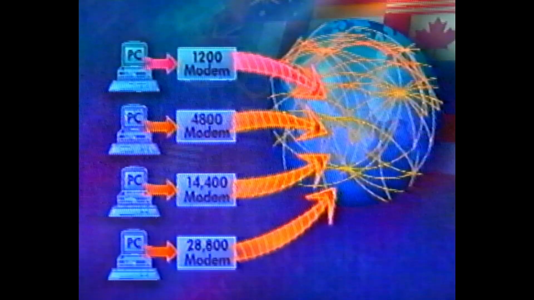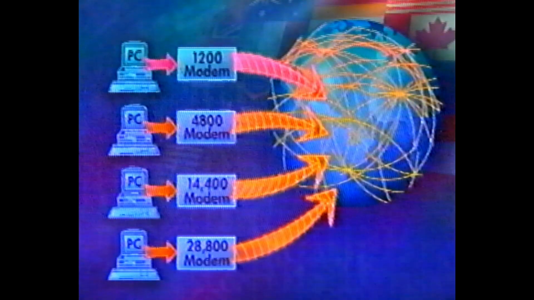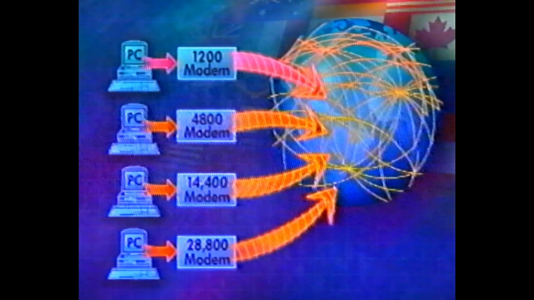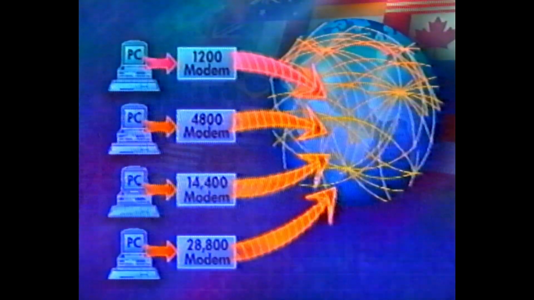The slowest speed we should consider for navigating on the web is a 14.4 baud modem. Anything below that speed will still work, but is probably much too slow. It's kind of like waiting for a slower dot matrix when you are used to a laser printer. If possible, get a 28.8 modem. Faster modems don't cost all that much more, and for most web browsing, it's well worth the investment.